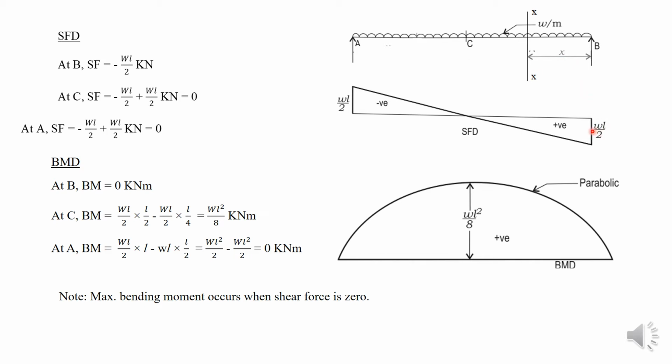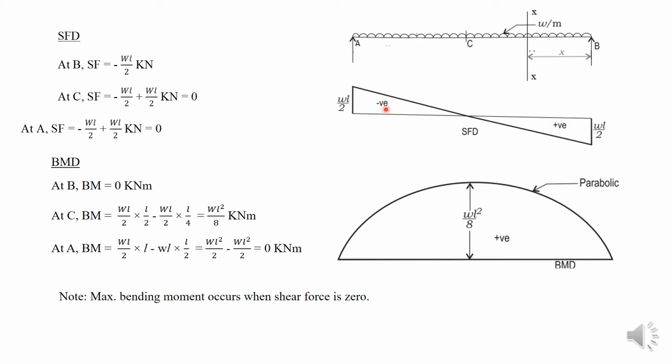That means here you can see the shear force diagram varies from WL by 2 to 0. That means at B we have a reaction that is minus WL by 2, and here it is 0. So it varies from minus WL by 2 to 0 here, and also from C to A we will get the value of shear force as 0 to plus WL by 2. Okay, that means here the variation is W into L by 2. And at A, while considering the left hand side, it is WL by 2 minus WL by 2, which is 0 at A. So sorry for this mistake, this one is negative and this one is positive.